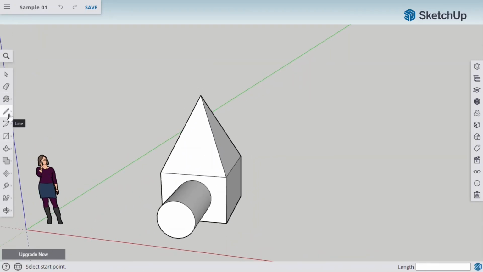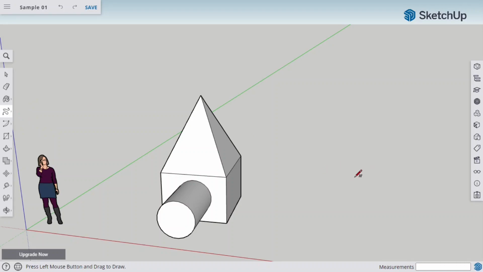Let us move on to line tool. The pencil icon tool here in the toolbar is line tool. When I click on this, unlike paint tool, this also has two tools hidden within. One with pencil icon is the line tool. This will help us in drawing straight lines with accurate measurements. And the other with the wavy line icon is freehand tool. You will find this useful if you are good at freehand drawing. Let us see these tools one by one.